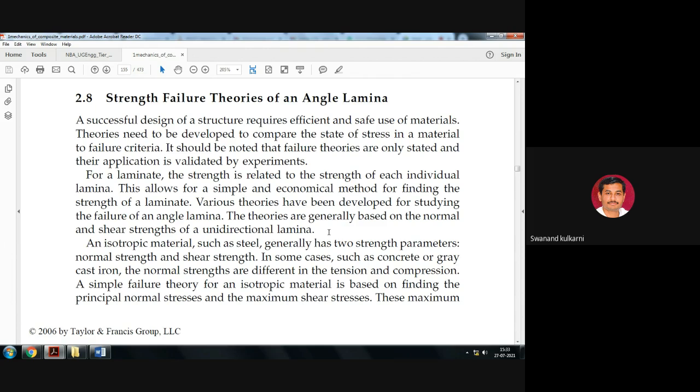But that is not true in case of composite material. The material may be isotropic, transversely isotropic, monoclinic, orthotropic, anisotropic, anything. So anything can be possible in case of composite material,